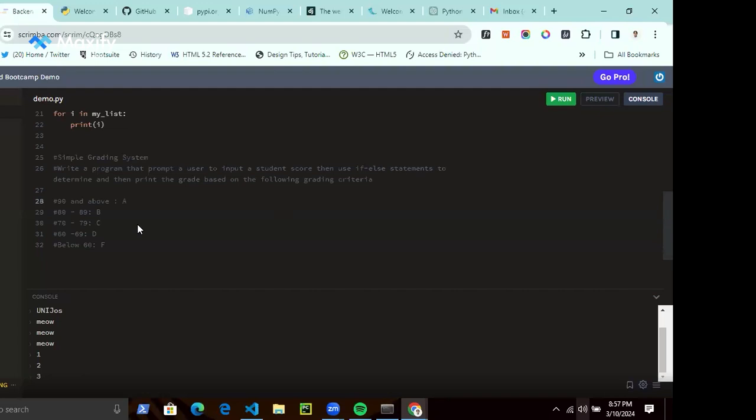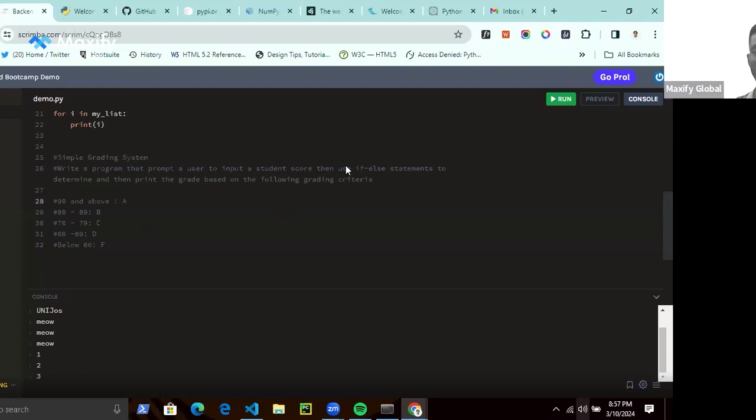So this is a simple grading system task I want us to write. We're going to write a program that prompts a user to input a student score, then use if-else statements to determine and print the grade based on the following grading criteria.